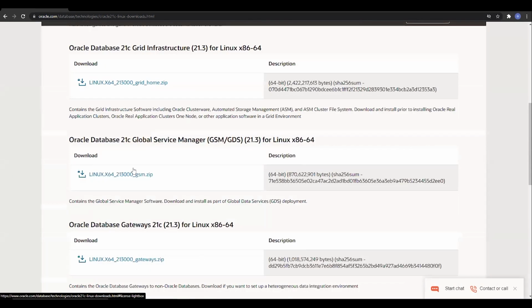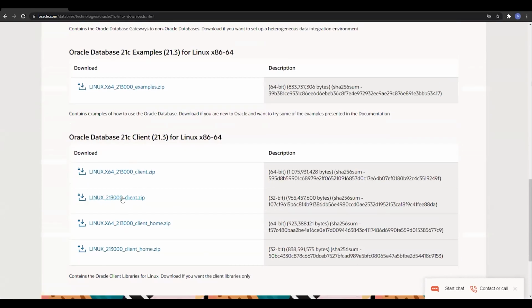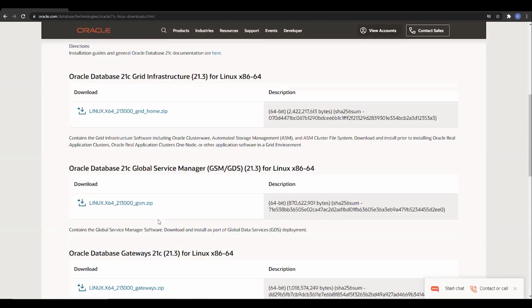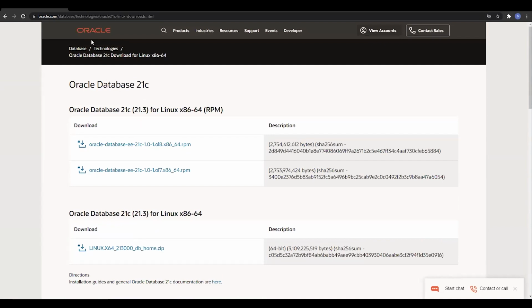You can also look for the client applications, as well as the examples of any database. I hope you understand how to download 21c from the Oracle website. I'll paste this link in the description, so you can go through the details and do the same thing.